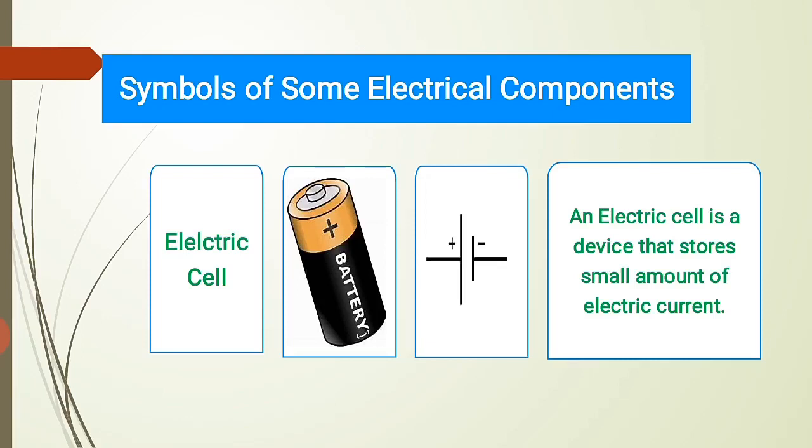Okay, the cell is a device which stores a small amount of electric current. So this is the definition of cell. It is the device which stores a small amount of electric current in it. So next